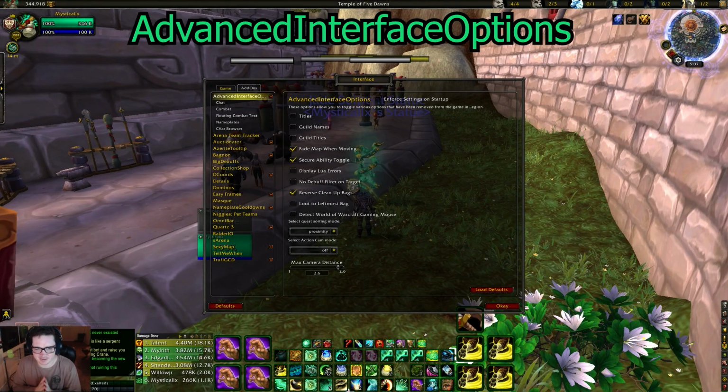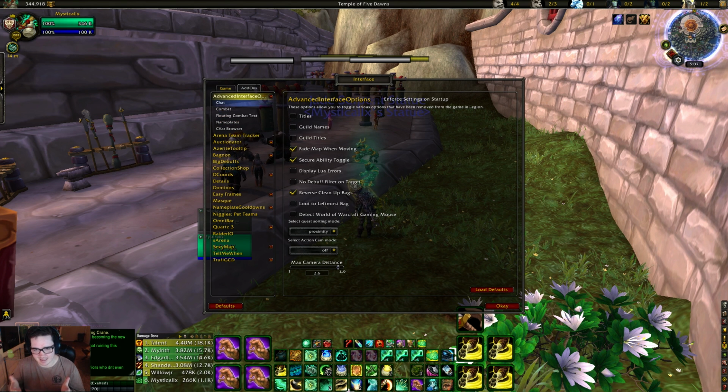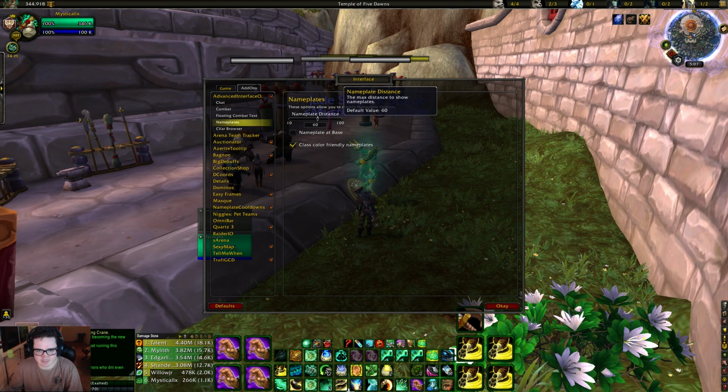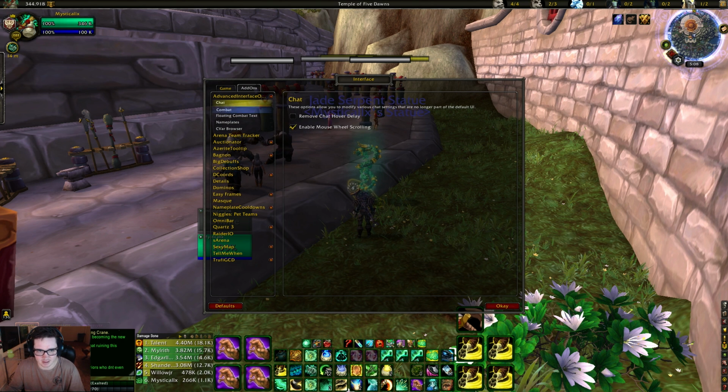The first add-on that I use for PvP is AdvancedInterfaceOptions. Now what this does is there was a change from WoD to Legion that removed some of the settings from the game settings, and what this add-on does is it brings some of them back. I don't use many of the settings that are in here. Nameplate distance is actually a pretty good one. What I primarily use it for is for floating combat text and for my